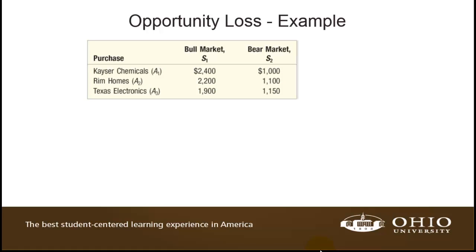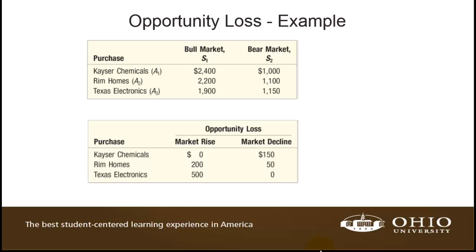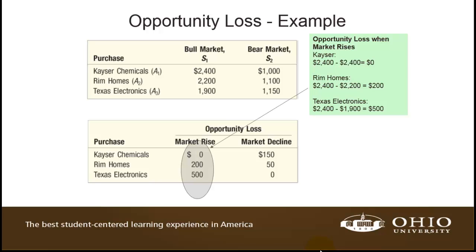So back to our example, we have the payoff matrix or the payoff table here. What we would like to do is calculate the opportunity loss. Now, how did we do that? How did we get these values here? Well, what we did was we said, if we have a bull market, what's the maximum we can earn? And that would be 2,400. So if we have a bull market and we choose Kaiser Chemicals as our alternative, our opportunity loss would be 0. However, if there's a bull market and we had selected to invest in RIM Homes, we would have lost